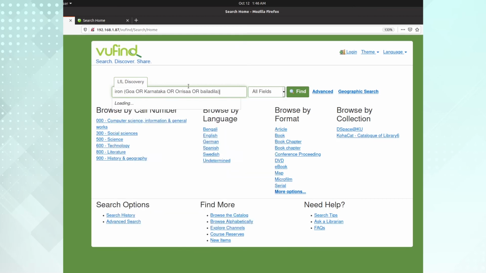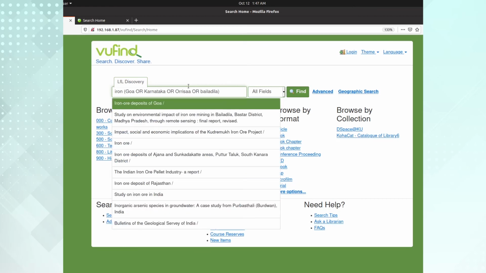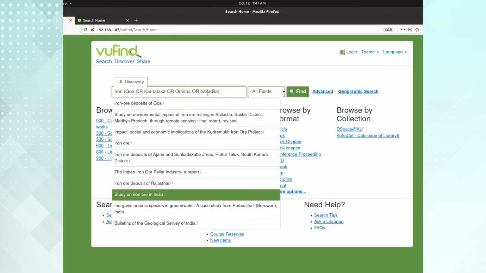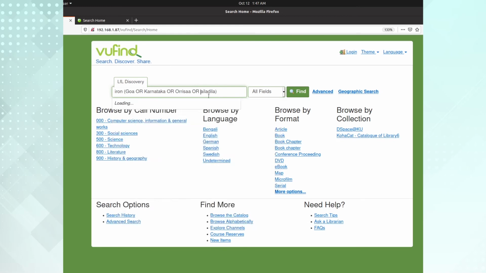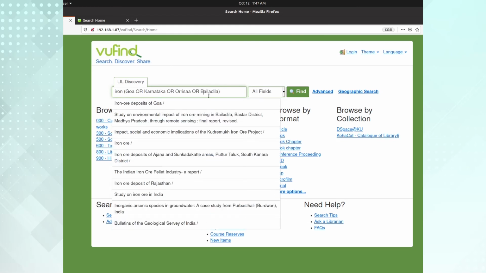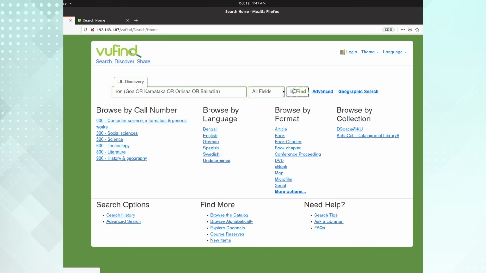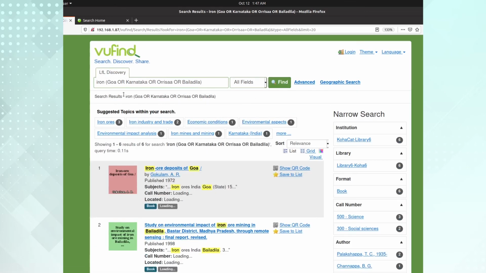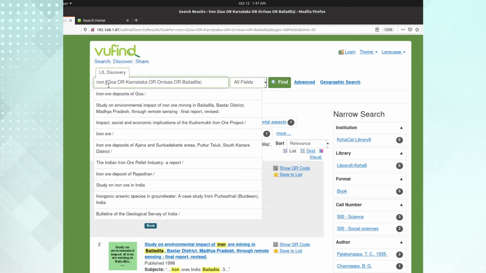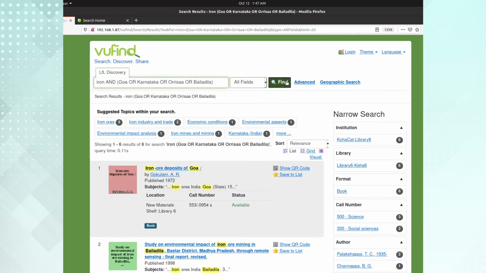So, in this way, if I need to enclose these different other place names, we need to give the place names by using Boolean operator OR. Now, you see what this textual search generates. If I click, and here I can give iron and this one. So, a little bit of modification will be there.